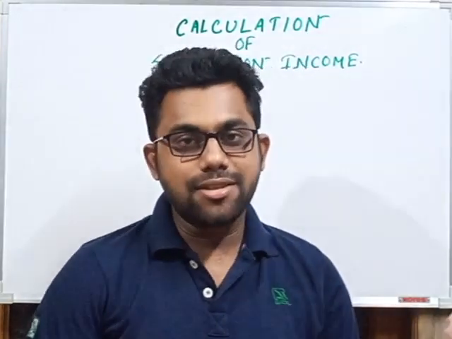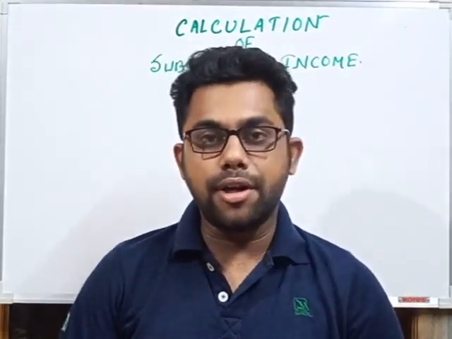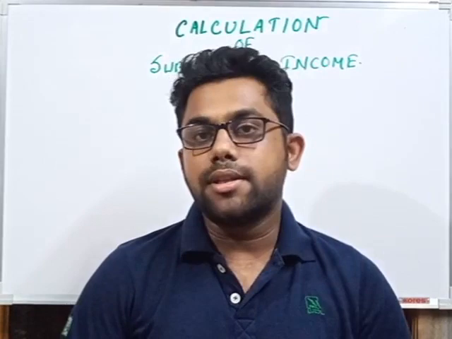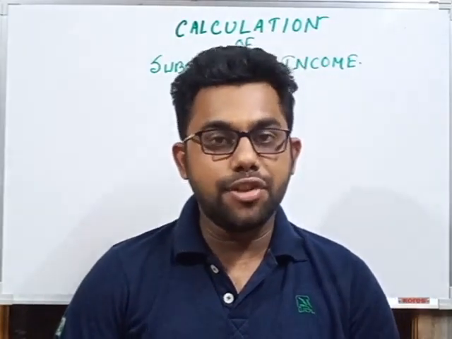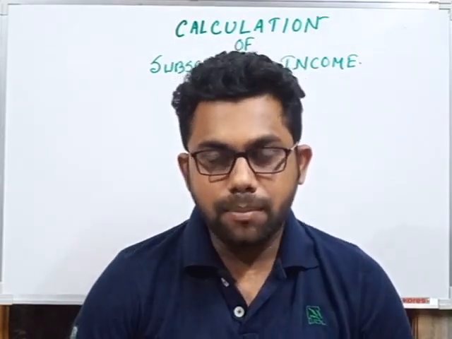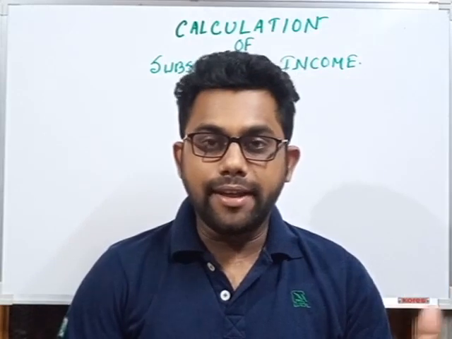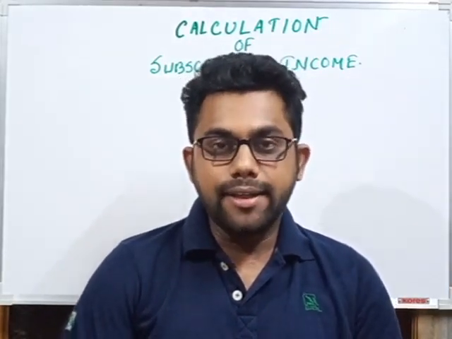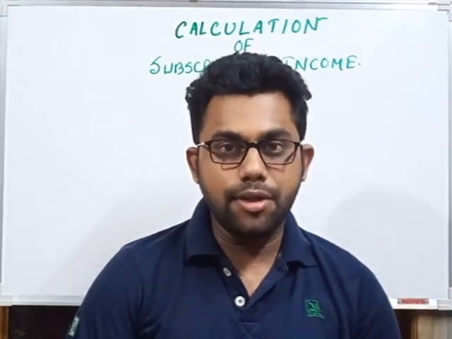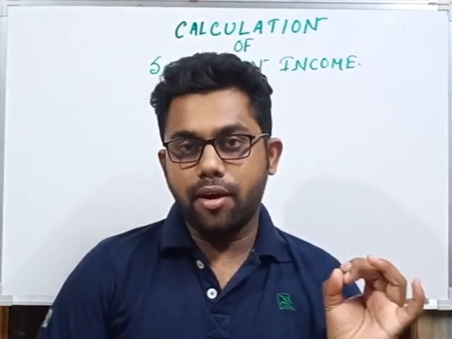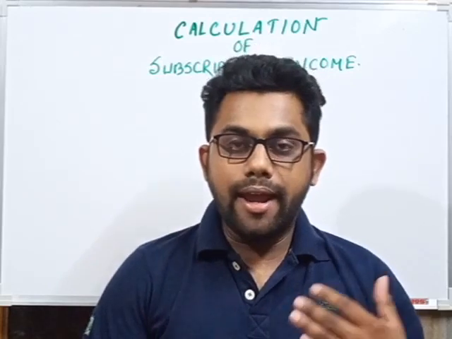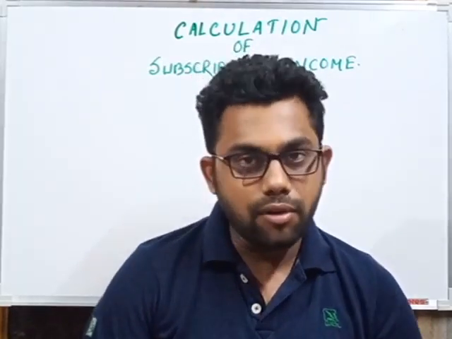So in our last class I discussed one of the important contents of our first chapter, that is income and expenditure account, where I discussed what is income and expenditure account, what are its main features, and the difference between income and expenditure account and profit and loss account. Because while defining the income and expenditure account, we find that it is an account prepared by a not-for-profit organization during an accounting year in order to find out the surplus earned, that means profit earned, or deficit suffered. And it is similar to the profit and loss account of a trading organization.